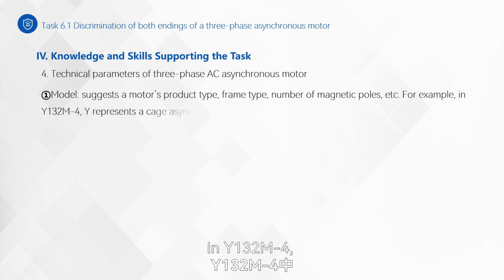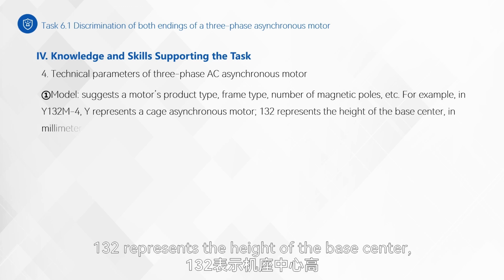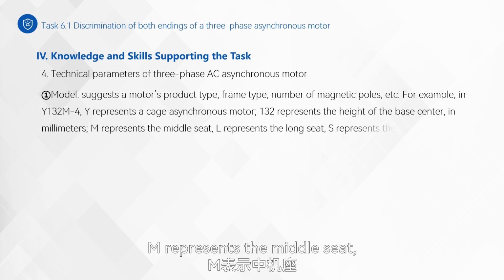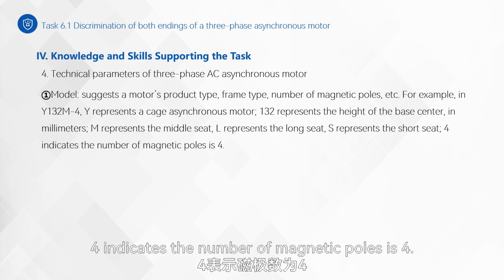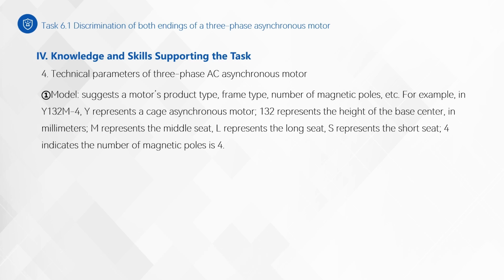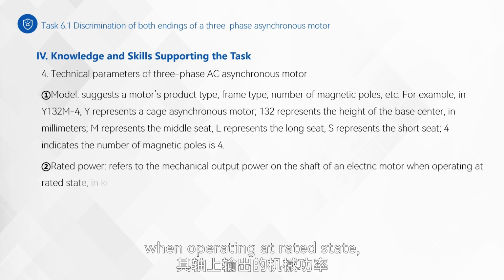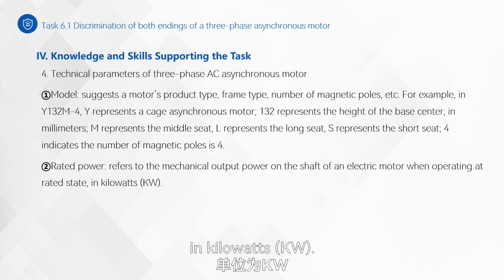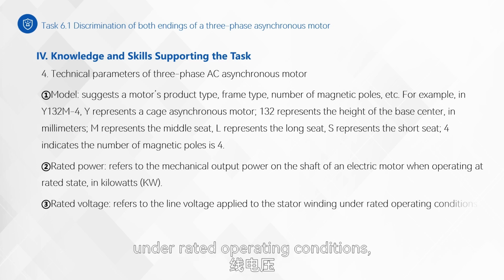For example, in Y132M4, Y represents a cage asynchronous motor, 132 represents the height of the base center in millimeters, M represents the middle seat, L represents the long seat, S represents the short seat, 4 indicates the number of magnetic poles is 4. 2. Rated power refers to the mechanical output power on the shaft of an electric motor when operating at rated state, in kilowatts, kW. 3. Rated voltage refers to the line voltage applied to the stator winding under rated operating conditions,